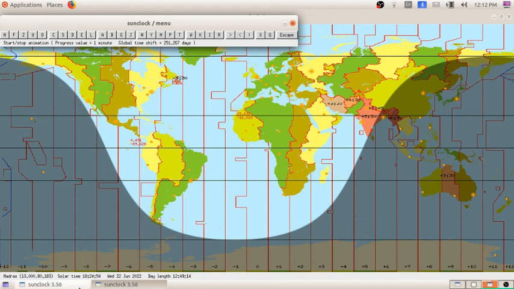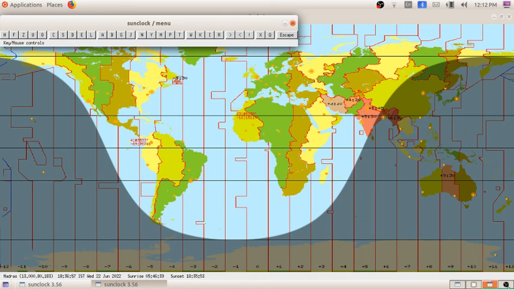So you can note down the solar timing on June 22nd, the position of the sun in Madras, and the day length. After that when we click on C, you can see the sunrise and sunset. If I want to see the position of the sun, it changes from the equator to the Tropic of Cancer. What all changes you notice while doing this, you can note down in the table.